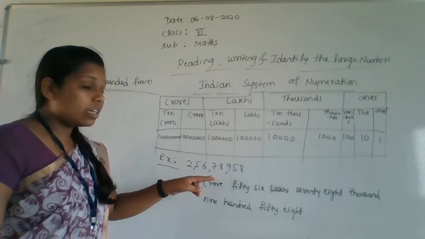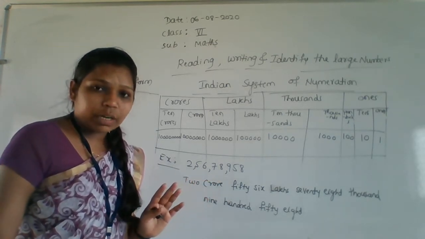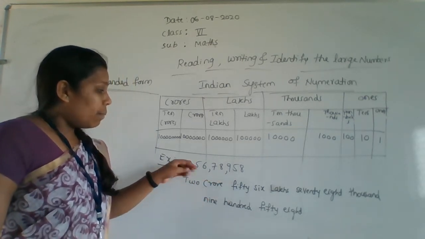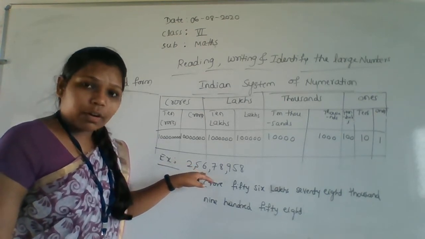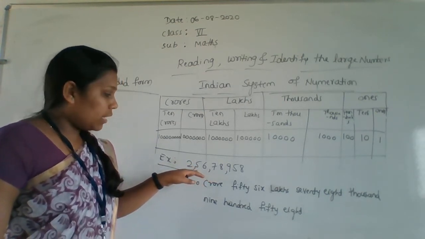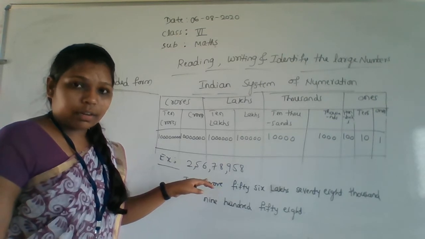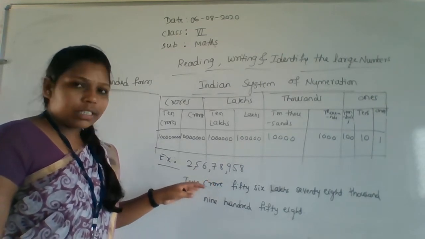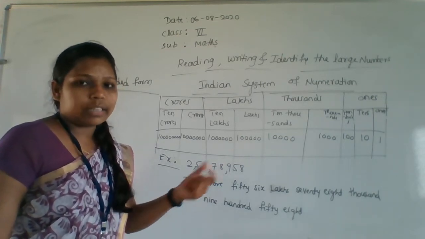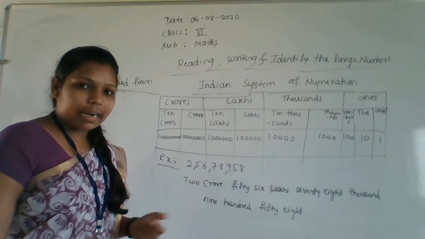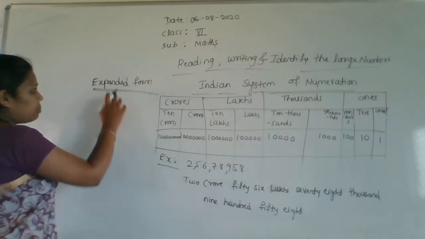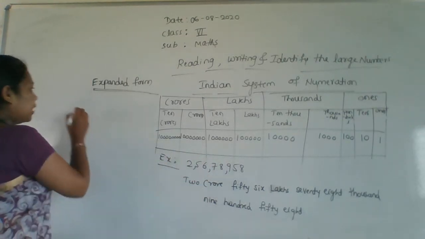I hope everyone did it in 5th standard only. But you did it only for smaller numbers. But here is a bigger number. Okay. Nothing to worry. Just we are adding the zeros for that. Only that is the matter here. So we'll do the expanded form of this number. That is nothing but